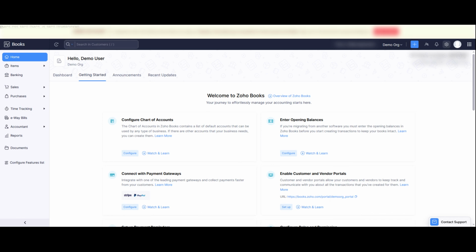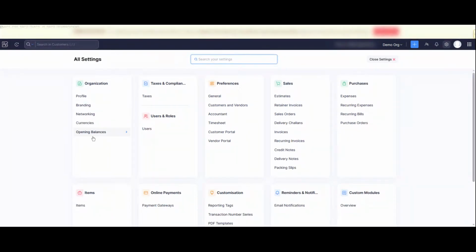After clicking the gear icon, you will see many different settings related to taxes, users, preferences, and accounting options. From this menu, find and click on the option called Opening Balances. This section allows you to either manually enter opening balances or import them using a spreadsheet if you already have the data prepared. Using the import option is much faster when you are working with many accounts or migrating from